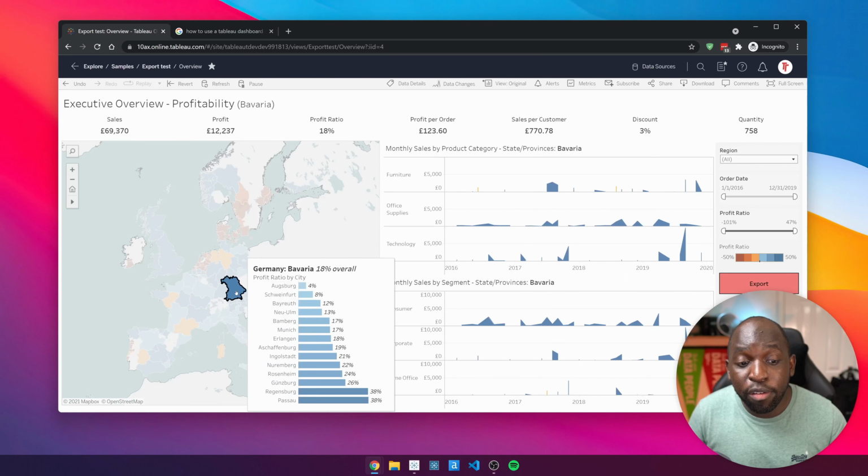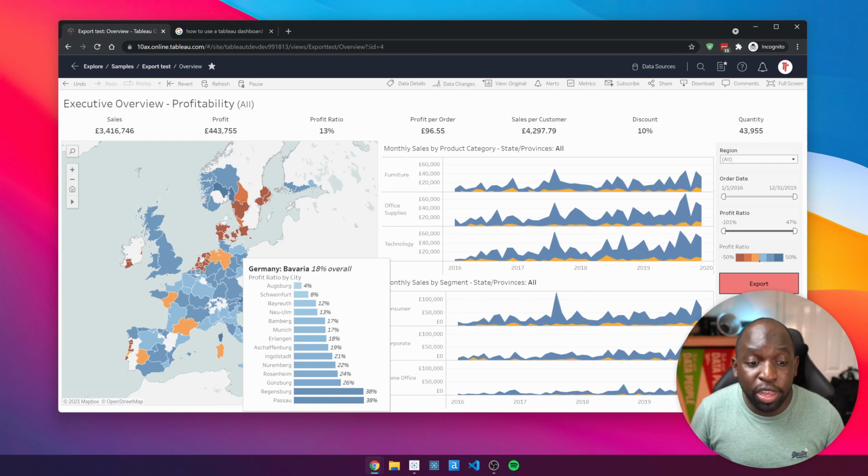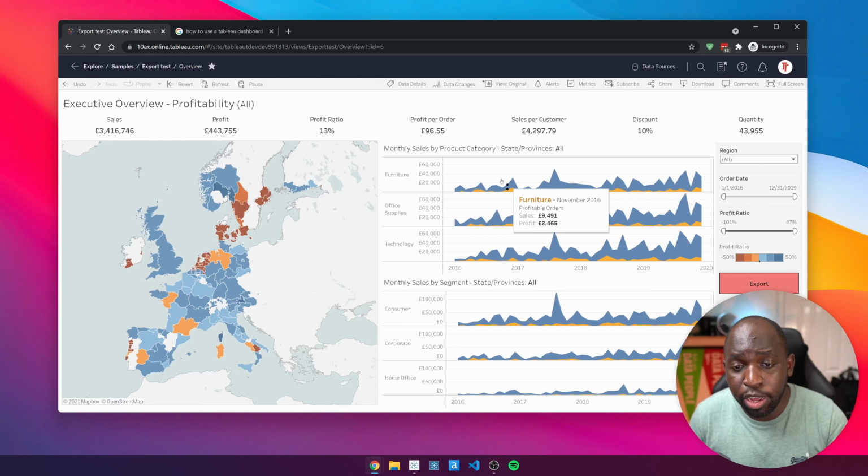So that's one way of filtering a dashboard. It's a very simple thing. You click on the data item and everything around it maybe sometimes changes, depending on how the author has set it up. Okay, this time I'm going to head to this chart here on the right hand side,